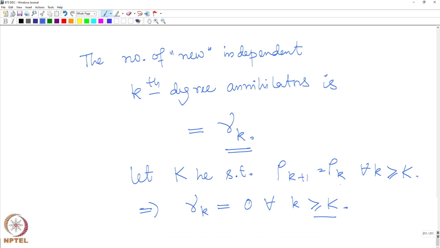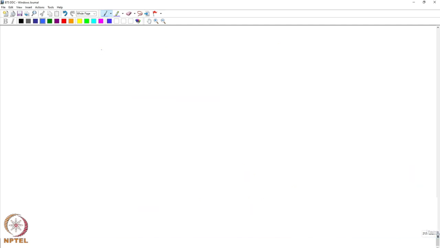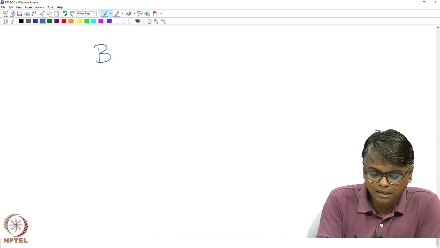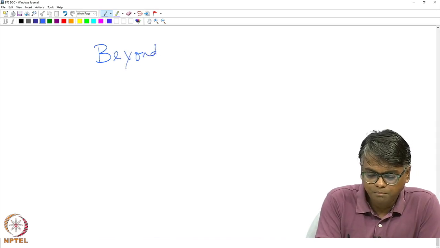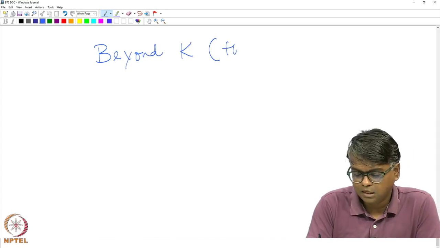I think gamma k plus 1, right. Yes, gamma k plus 1 will turn out to be 0 for all k bigger than or equal to K, right, because this is the relation. So, when you take the difference you get 0, and so that means rho k minus rho k plus 1, which is defined as gamma k plus 1, will turn out to be 0. So, what does that mean? That means beyond the saturation point. So, this capital K is my saturation point, right. Beyond K, the saturation point,